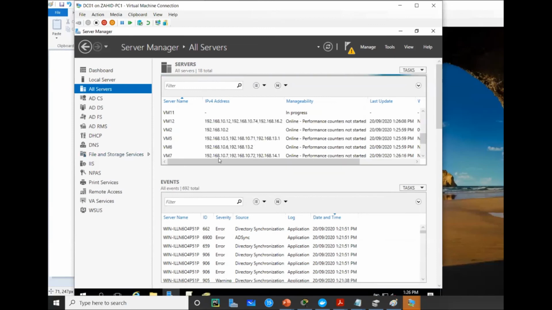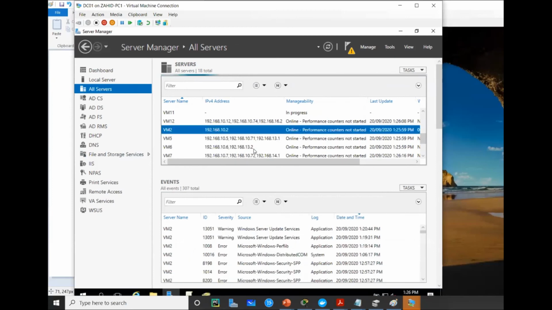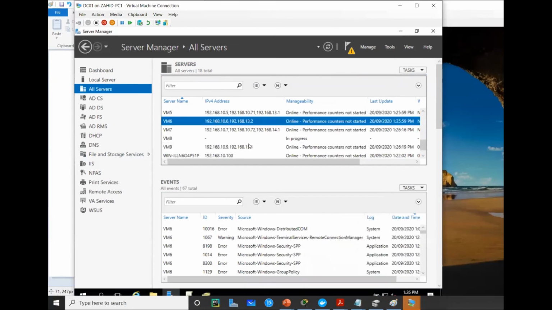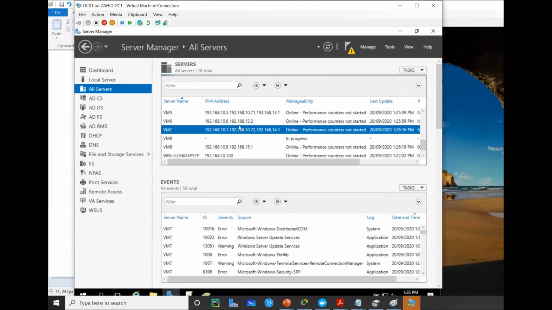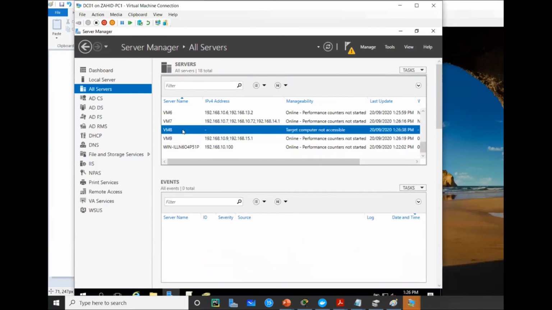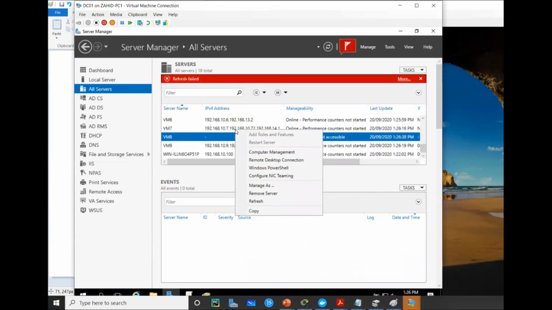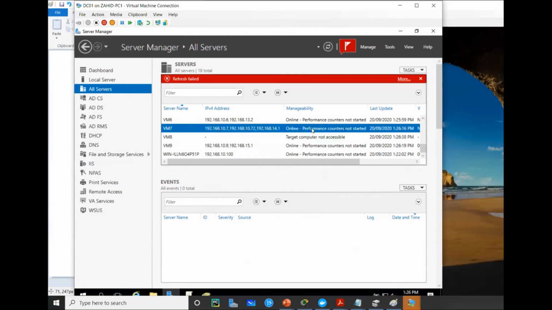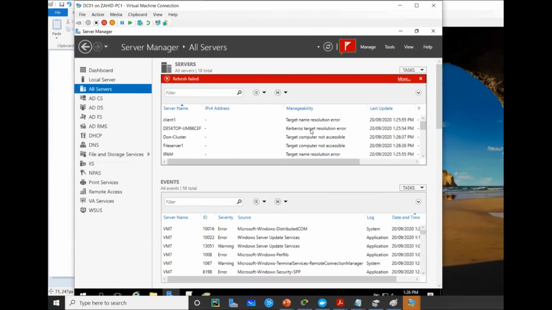So see, some of them are online already, like 10.2, this is Andy's servers. 10.6, this is online. All of them are online because our servers are all up. In progress means these computers may be shut down or something happened. I can restart, but I cannot turn on a server from here. So all these servers, whoever is